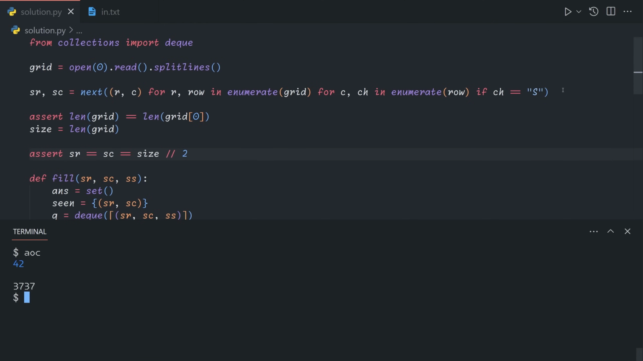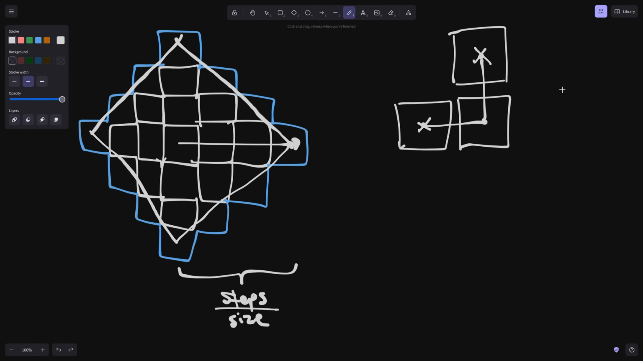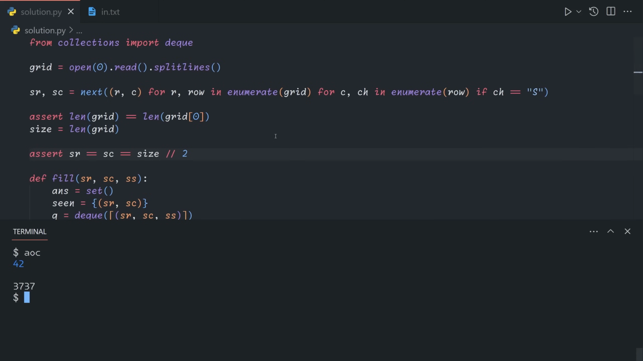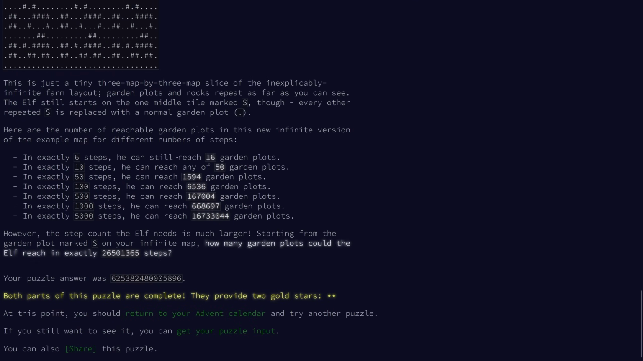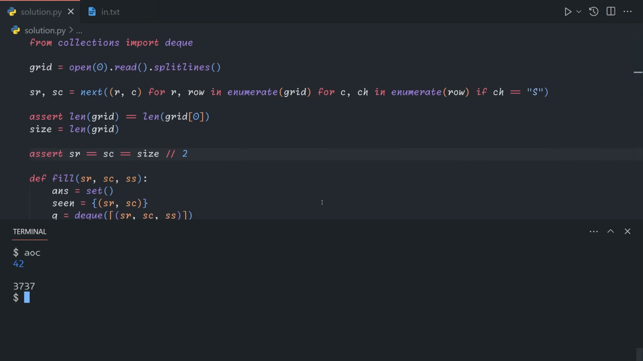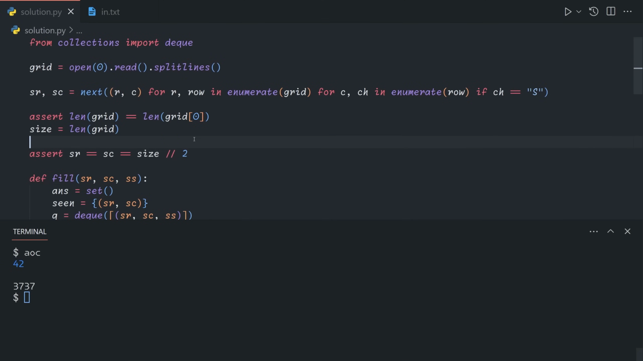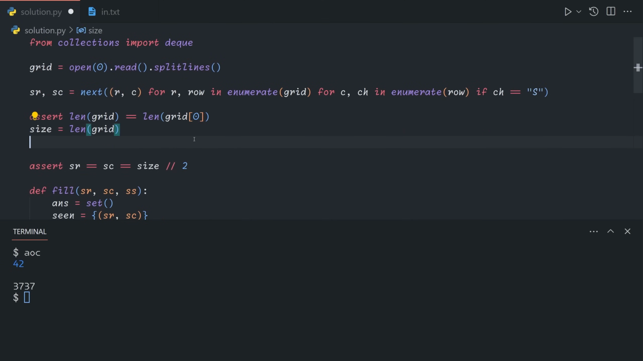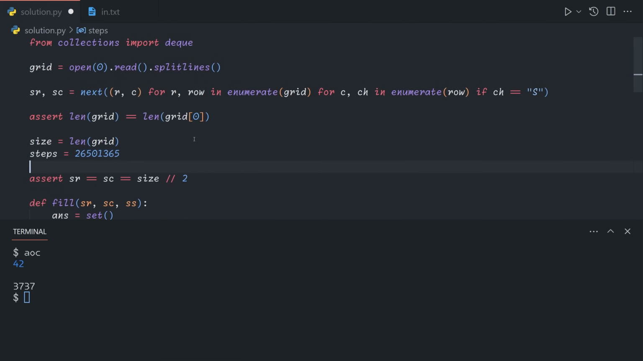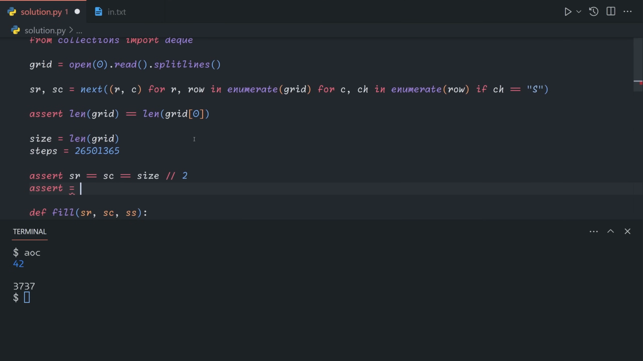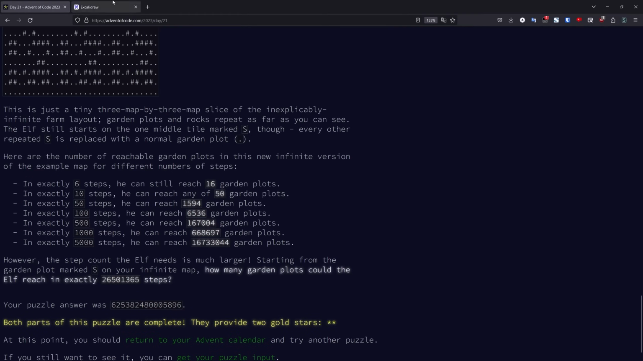So far so good. Now we're also going to assume that the step count, let me grab that from the input here, the step count of 26501365, we can call that steps. We're going to assert that that is a multiple of size plus size over 2. So what I mean by that is